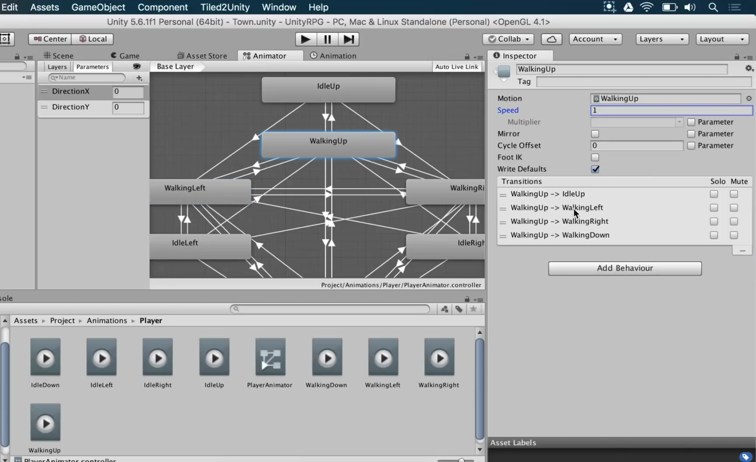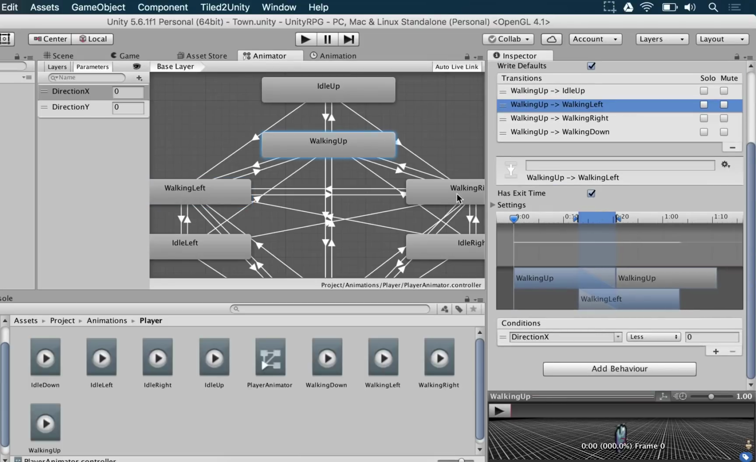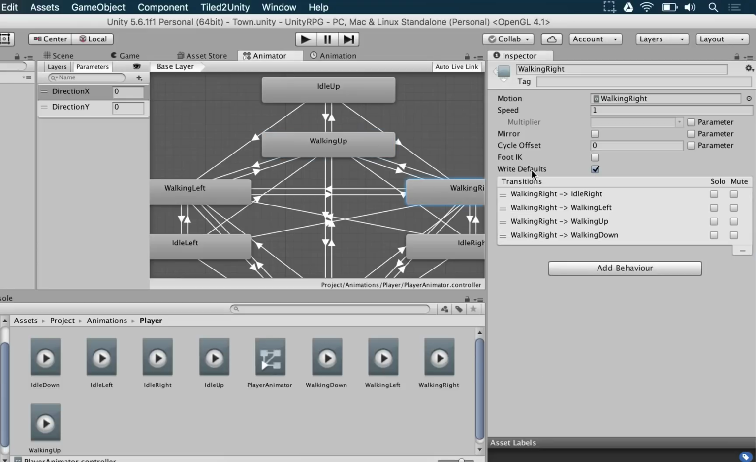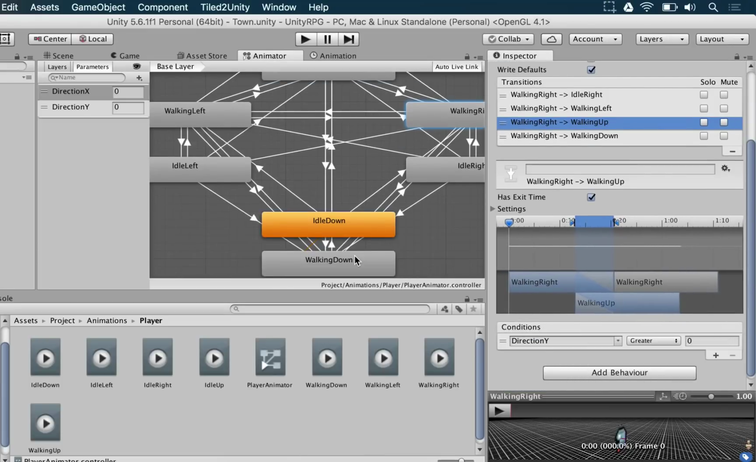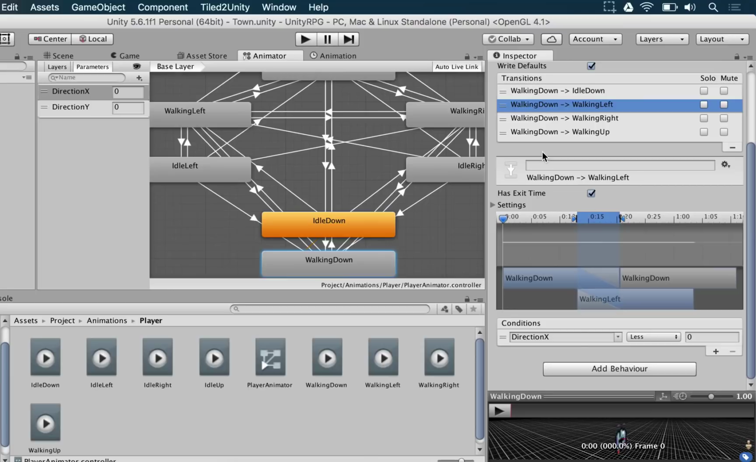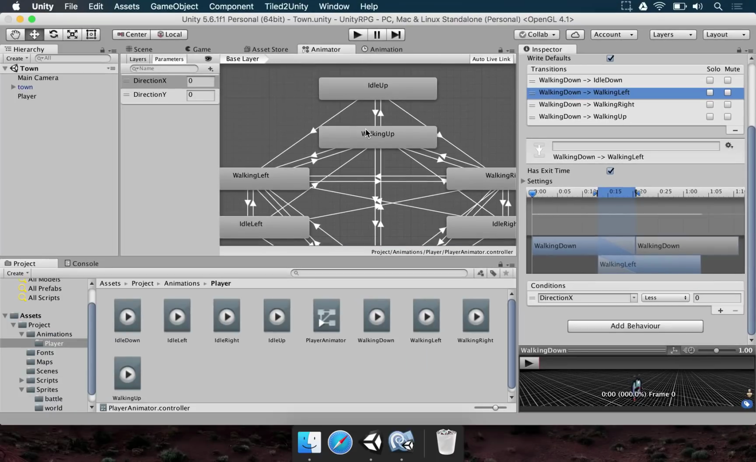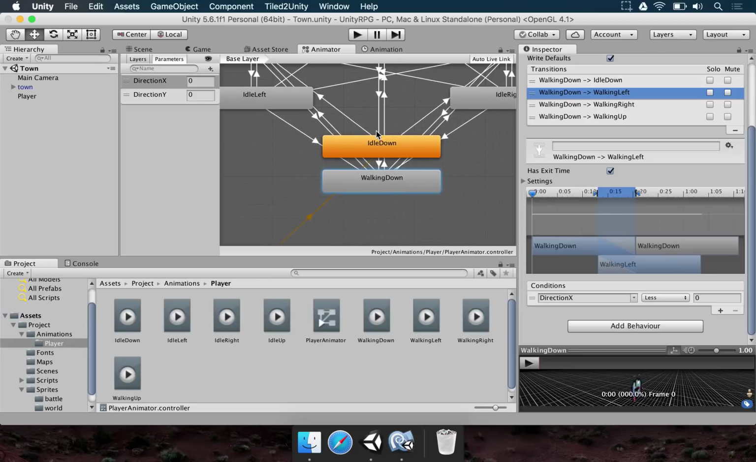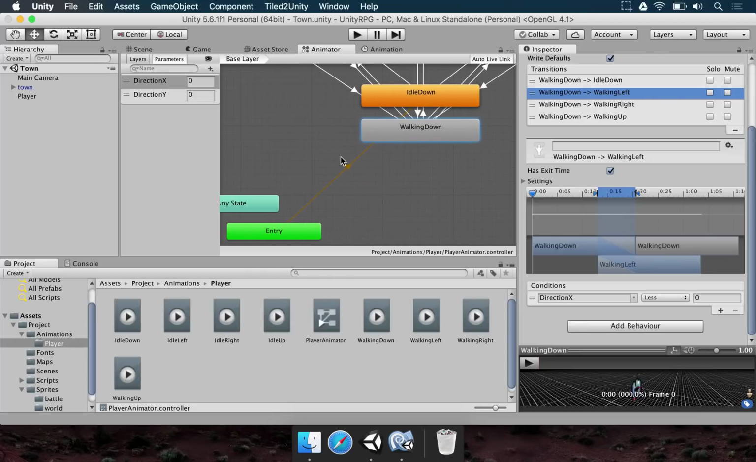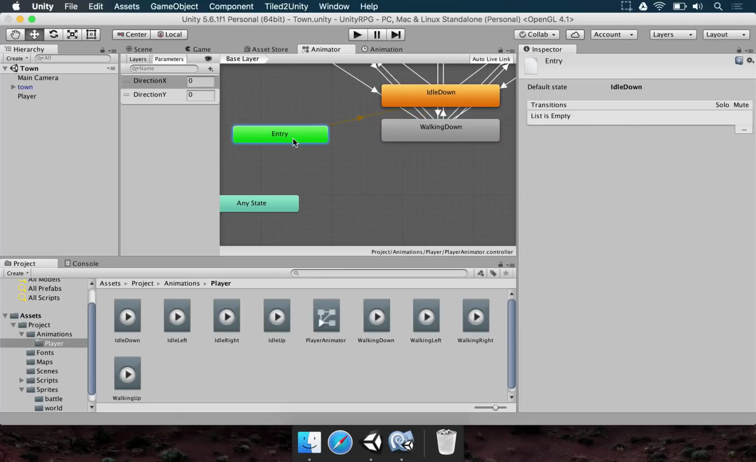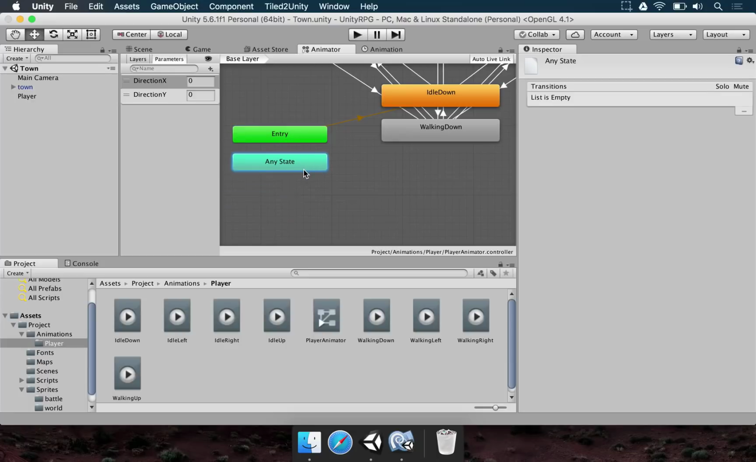Okay, so if I'm not wrong, I think all walking animations have their conditions set here. Good. Walking down, let's check here. Yeah, so everything seems good now in this animator. We have made a huge state machine here. Actually, it's not huge, it's a bit complicated when you're dealing with 8 different directions, but the concept is really